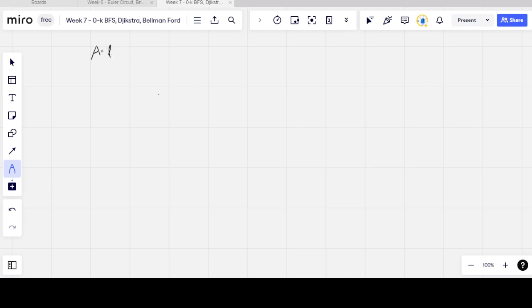So let's consider shortest path algorithms. The first algorithm will be the 0-k BFS algorithm. On a weighted graph, I remind you, we can find the shortest path using DFS or BFS, but